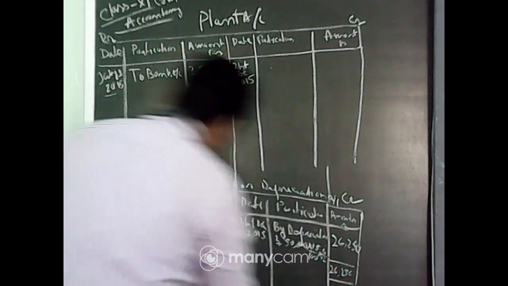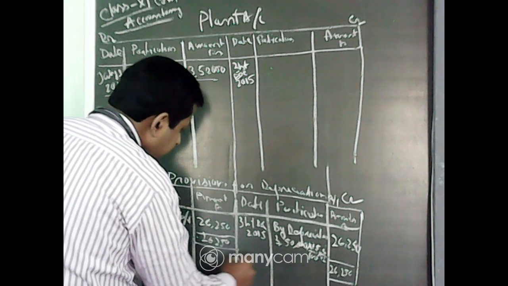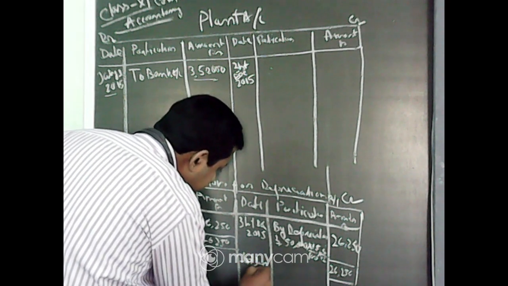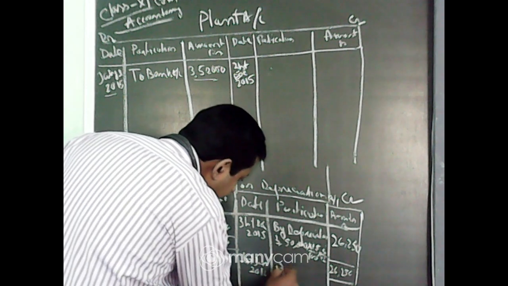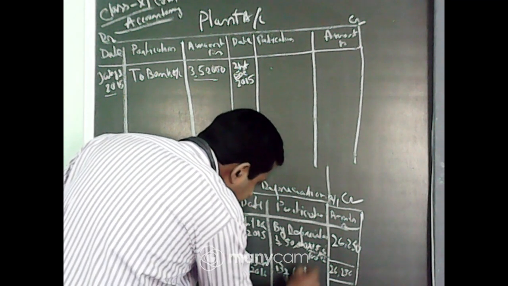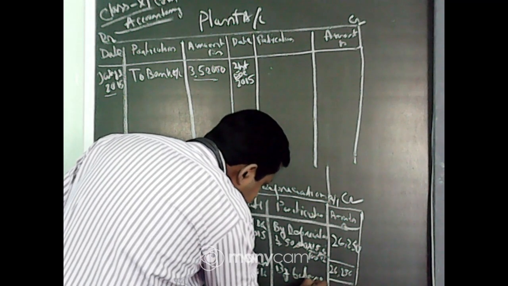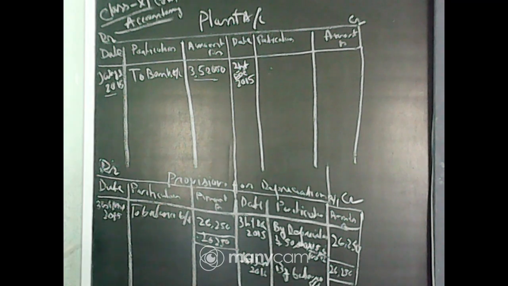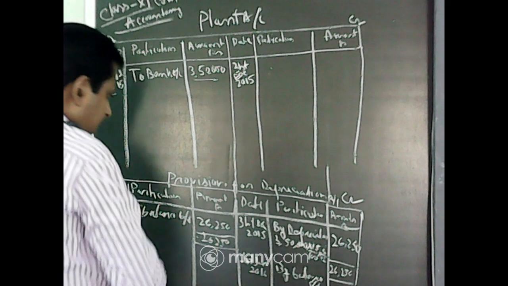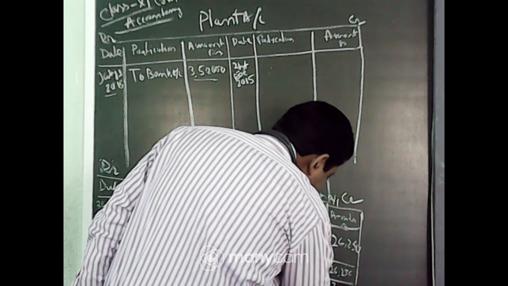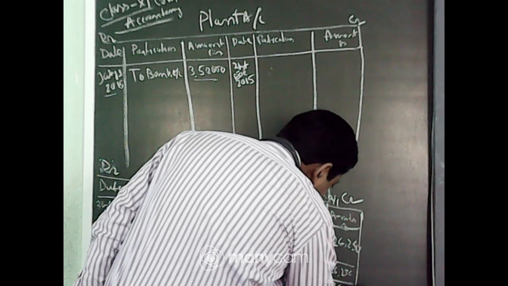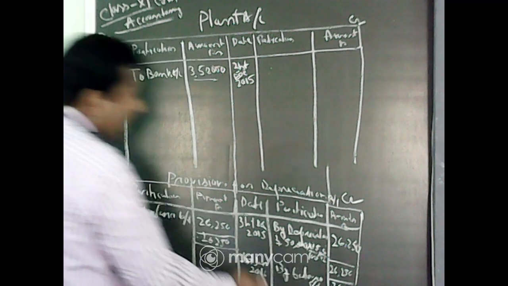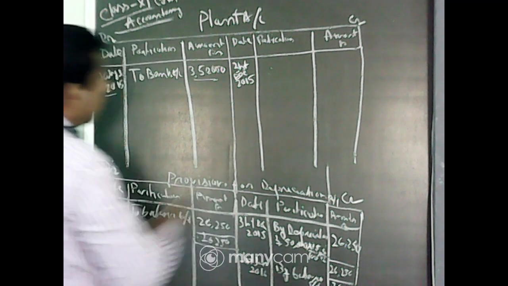Next year from BD we have to transfer to the CD, that is 1st January 2016 by balance CD. Now by balance CD is 26,250. We have transferred to the next year. Now next year again we charge depreciation, and depreciation will be accumulated. That's why its another name is accumulated depreciation.